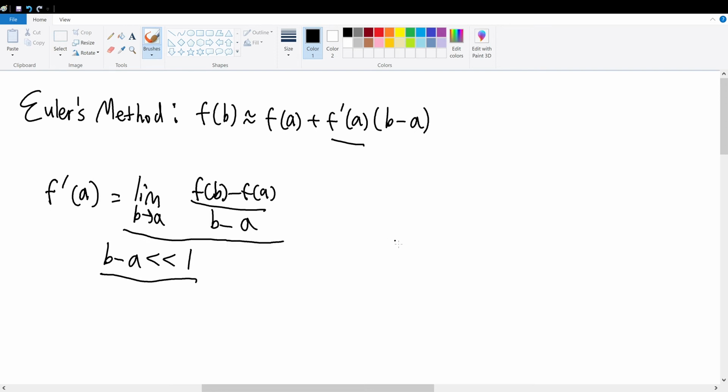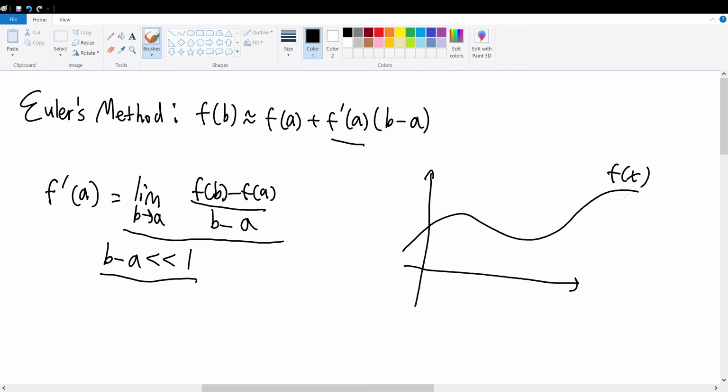And think about why this is true. If we have a graph such as this, and let's say that our curve is like this, and this is called f of x, and we have our a variable here, and we have our b variable here. When b infinitely approaches a, which is present within the limit, it will infinitely approach the derivative of a, but it will never quite get there, because when something infinitely gets smaller, it will never quite reach it. So therefore, we will have to say that f prime of a, when b minus a infinitely approaches 0,